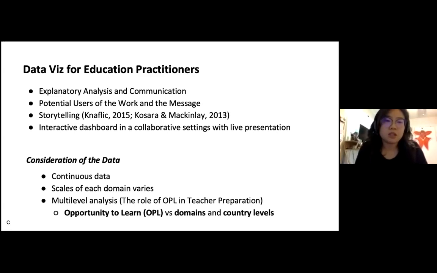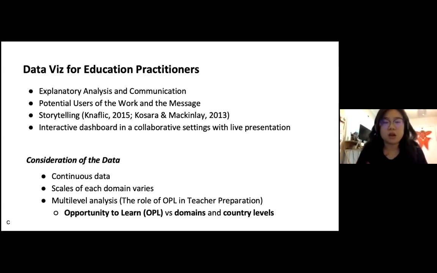So what we did is we built interactive dashboards in Tableau, and then we also have a story component that Genéa and I presented to the audience. We divided them up, having them role play reading a particular story of a teacher in a particular country, and then have them share out.